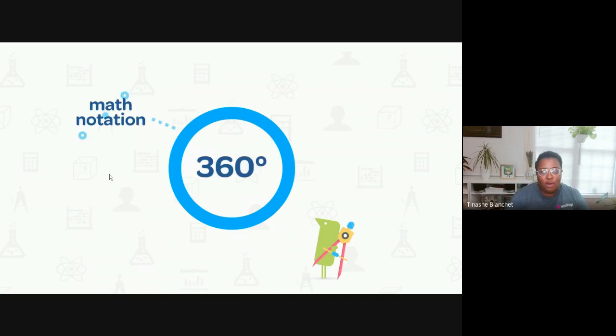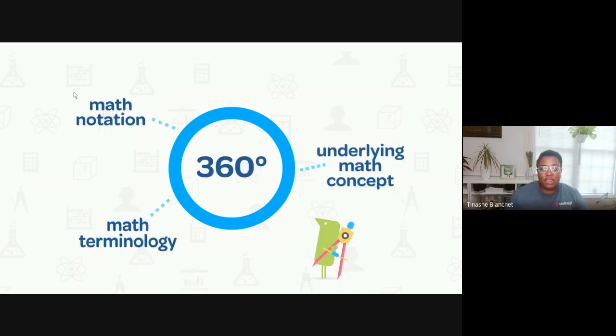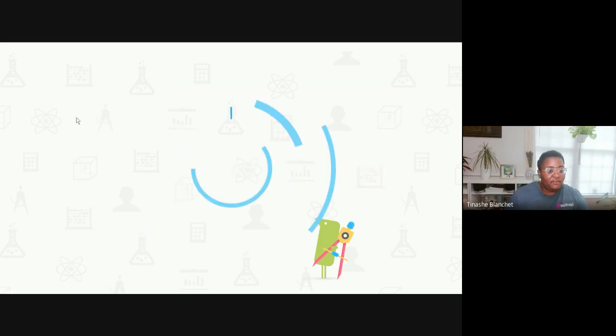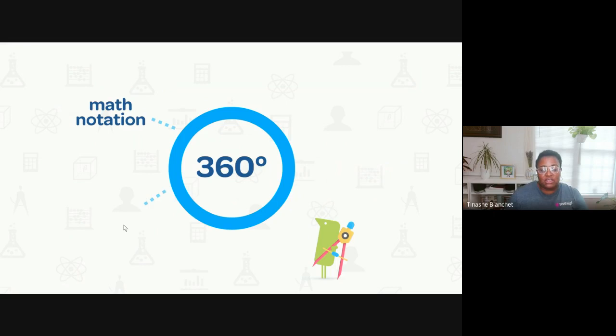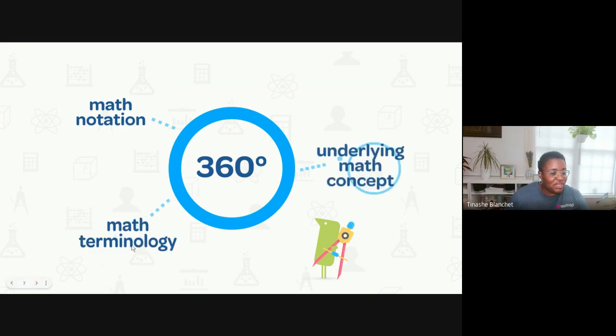So at its core, Equatio is a really powerful equation editor that can generate math notation. But you can see we have this 360-degree approach to doing mathematics where we go beyond a traditional equation editor, like the one that's built into Google Docs or the one that's in Microsoft Word. We go beyond that from the math notation and we get into the math terminology that students need to learn, as well as the underlying math concepts they need to be successful, that they need to deeply understand.